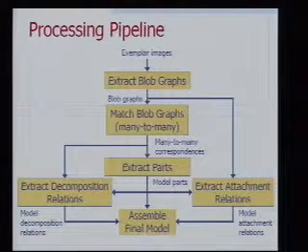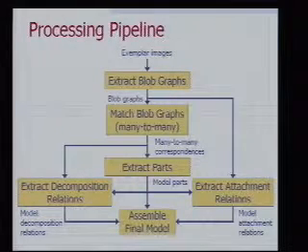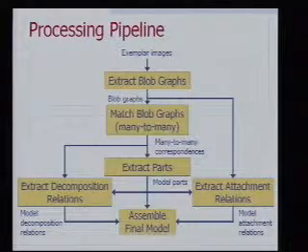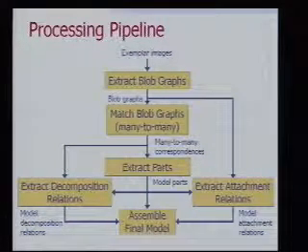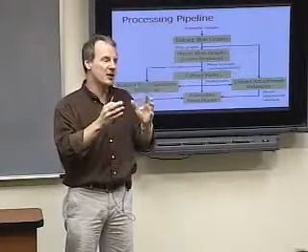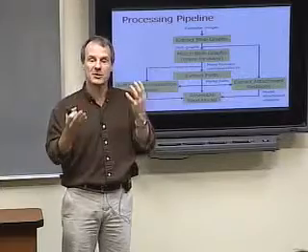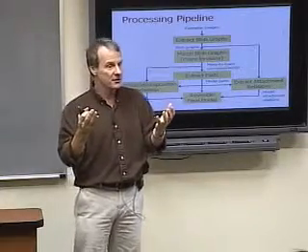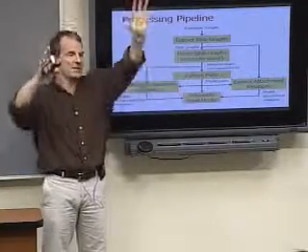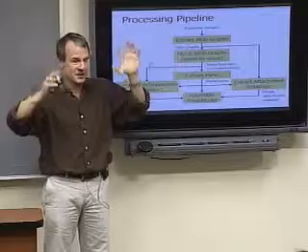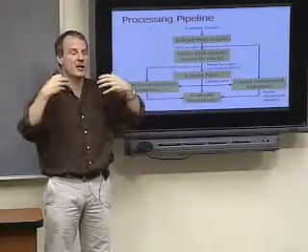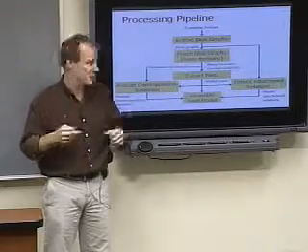Among all of the correspondences, the many-to-many correspondences, you look for the subset that are one-to-one. What does that mean? In all these noisy examples, there was a lot of evidence that some particular part kept showing up. Not all the time, not consistently, but this particular part showed up enough of the times when I matched all of these things pairwise that I think it's significant. When I see those parts, I'm going to populate them in my space. And I don't know how they connect up yet. I don't know what the decompositional relations are, or even the attachment relations, but I'm going to throw them out there for now because there was lots of evidence for them.